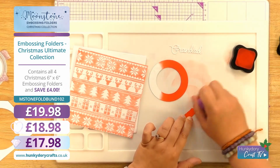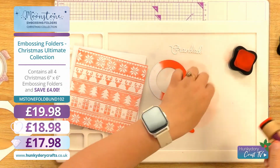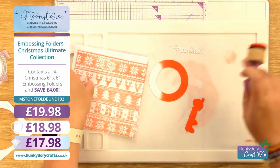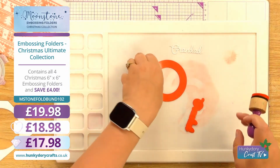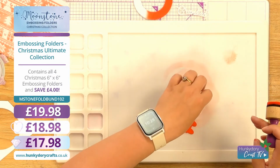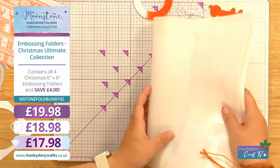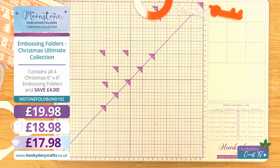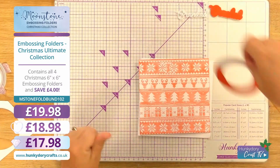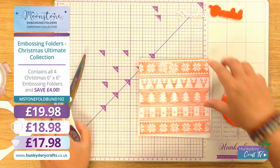So just doing that on our mat. I love using your messy mat, because then it means that when you come to making your cards, you can just lift it off. You can just put it all out the way then to clean at a later date. So let's just throw that somewhere. Hopefully I've not got too much ink on my hands. Okay, so let us get...